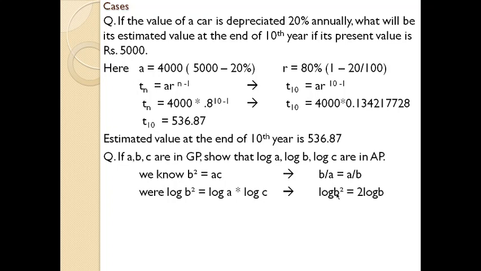Because whenever a variable has a power, if you multiply a log with that variable, you can change that power to a number form, that is 2 log b. For example, just imagine variable b raised to 8. In order to remove that power, you multiply b raised to 8 with log, you will get 8 log b. It's a normal mathematical concept, just remember it. Okay, I multiply log with both sides of the equal sign, right? So I will get log b2 equal to log a into log c.